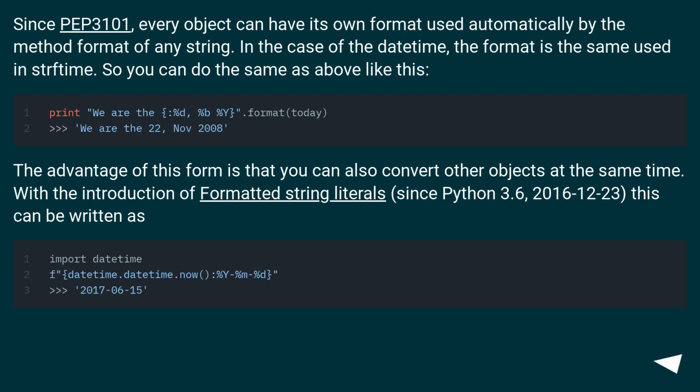Since PEP 3101, every object can have its own format used automatically by the format method of any string. In the case of the datetime, the format is the same as used in strftime. So you can do the same as above like this. The advantage of this form is that you can also convert other objects at the same time. With the introduction of formatted string literals, since Python 3.6, December 23, 2016, this can be written as